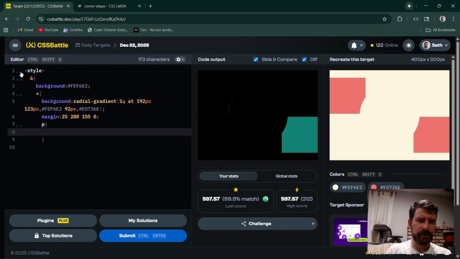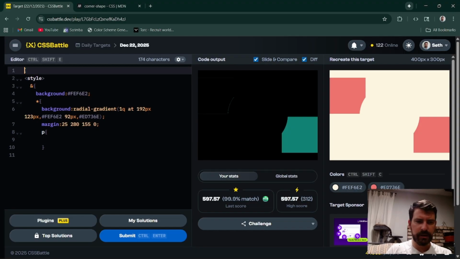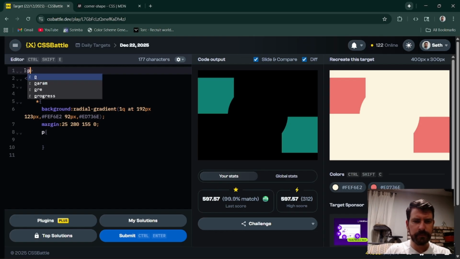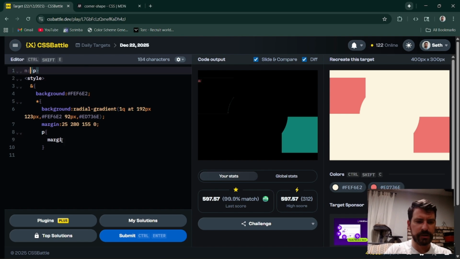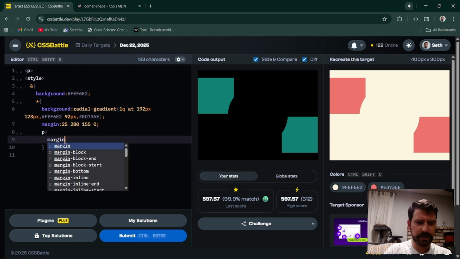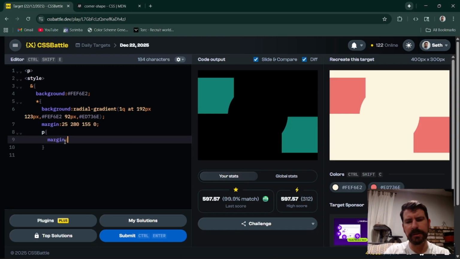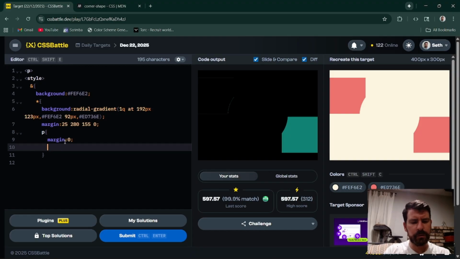We'll put in another paragraph tag. We will need that. Come on. I keep hitting caps lock. Okay. Alright. So, paragraph tag. We're going to type in margin. Hopefully it stays there instead of jumping up to the top of the screen. 0. Okay. We're going to do a height